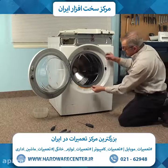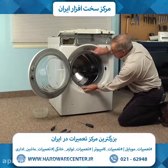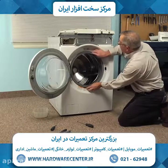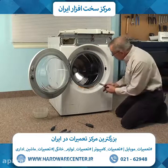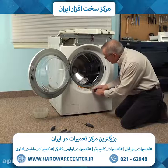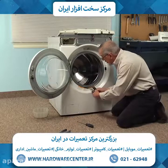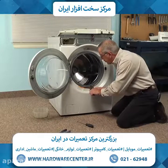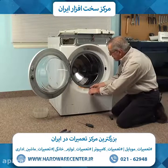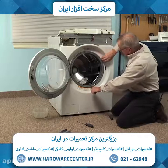Then we'll position that spring at the 6 o'clock position. Just wrap the band into the groove. Now using a pair of needle nose pliers, we're going to grasp the hook on the end of that spring. Make sure we have a good firm grip on it. Then we're going to stretch that spring, pulling the band all the way over to the right. And that will give us enough